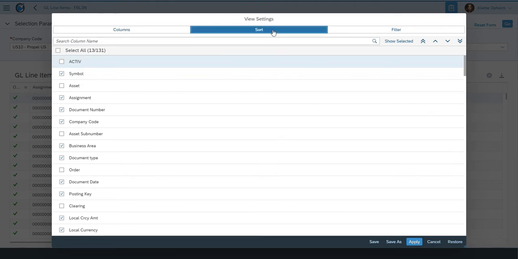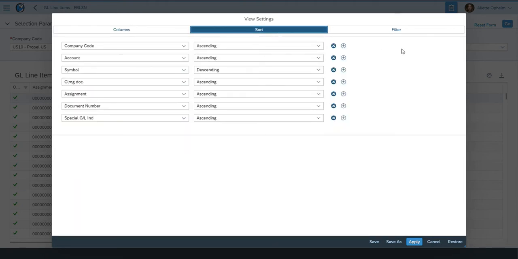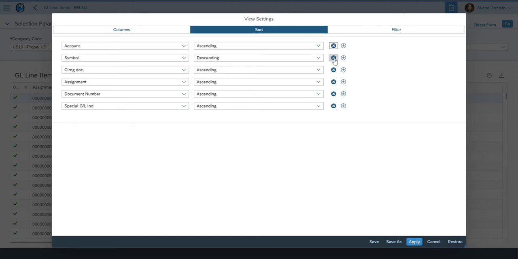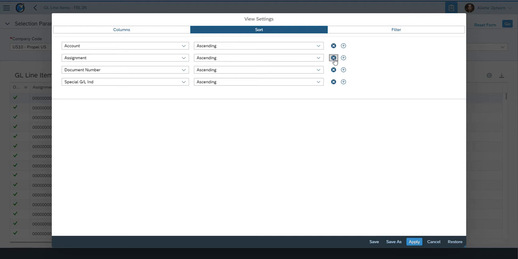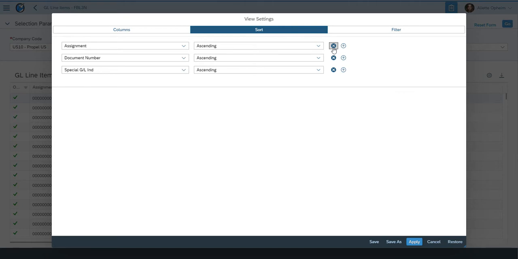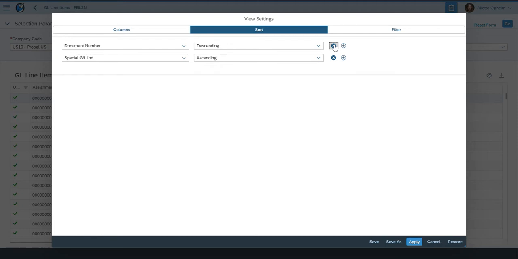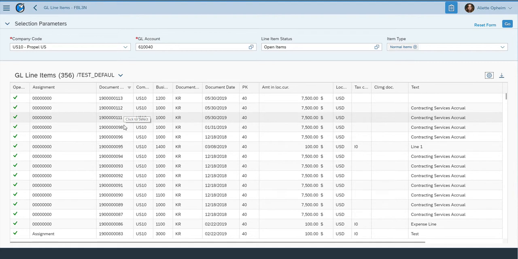is the sort. The sort segmented button essentially shows all the fields that have been set as sort characteristics or sort fields in the list variant. And what the user could do fundamentally is start from scratch and do an ad hoc assignment. So, for example, they could sort descending, and they could do like this. So this will sort the list based on